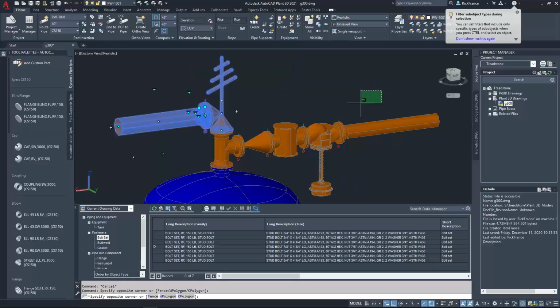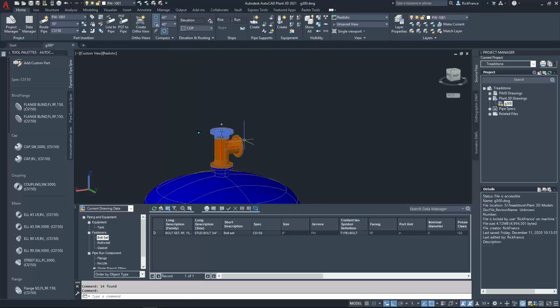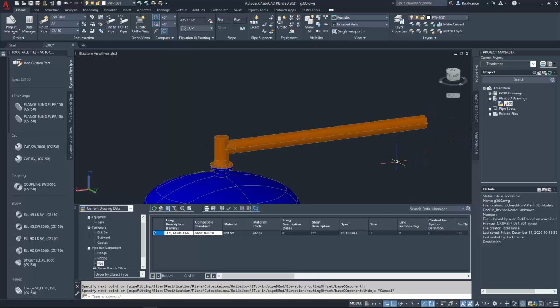Now, I'm going to erase some objects here and get us down to just the T, and a piece of pipe coming off here, and that's just to be able to add some components after we make some changes. So this is where we're going to start. And part of what we need to do here is first talk about